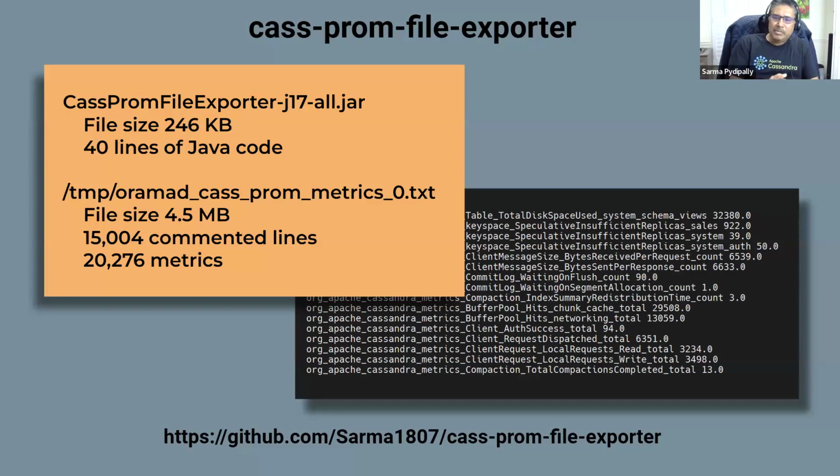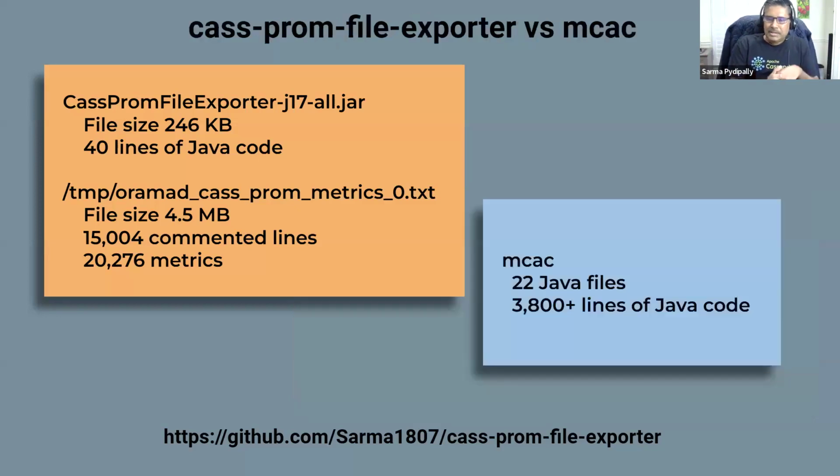Now on the bottom right side, I put a screenshot of how the metrics look. The last line over there is the total number of compactions completed. You can see that is 13 compactions only. This is just a screenshot to show you a sample of how the metrics look when you look at this file, which was generated by the Java agent we created. Now I'm not looking at the chat right now for the questions, but we can get to that a little later, and I can always go back to these slides.